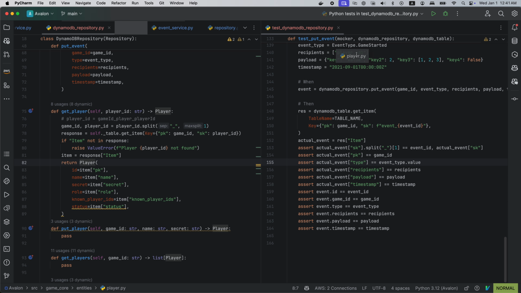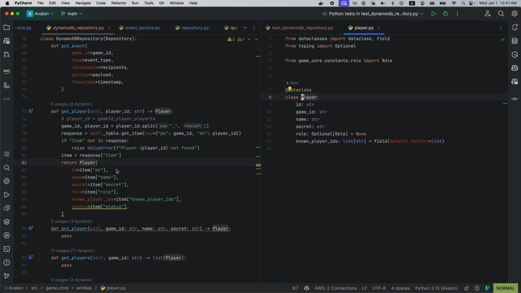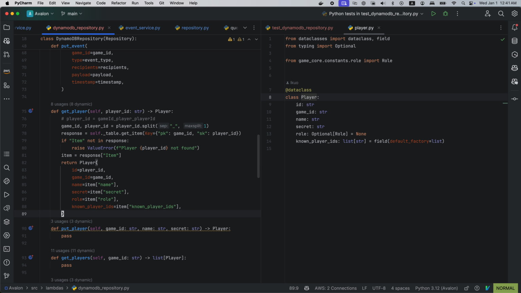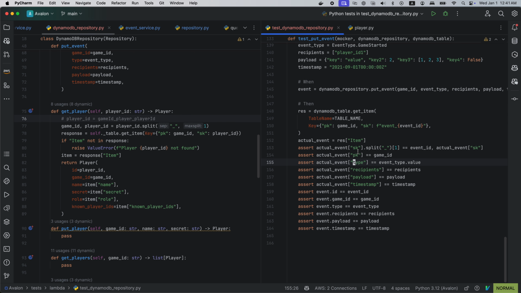So what does player look like? So it has ID and game ID. So the ID we still have. No, the ID is still player ID. Okay, let's not change that. Game ID equals game ID. Name is name, secret is secret, row is row, non-player ID is this, and there's no status. Cool. Let's test it out.